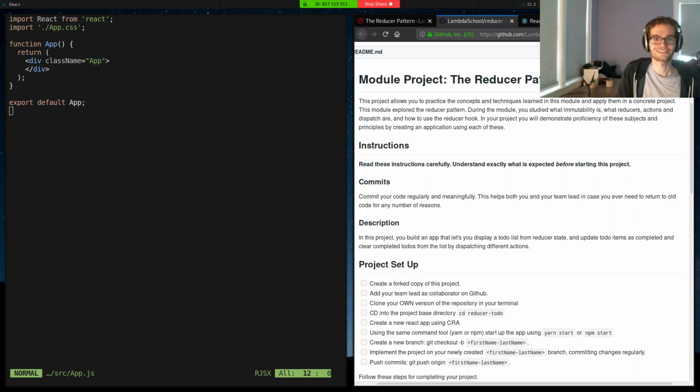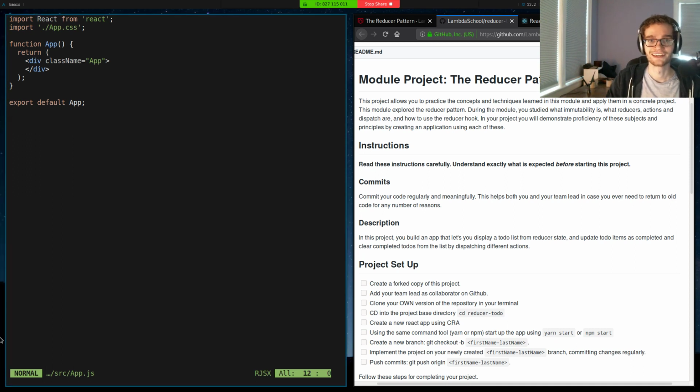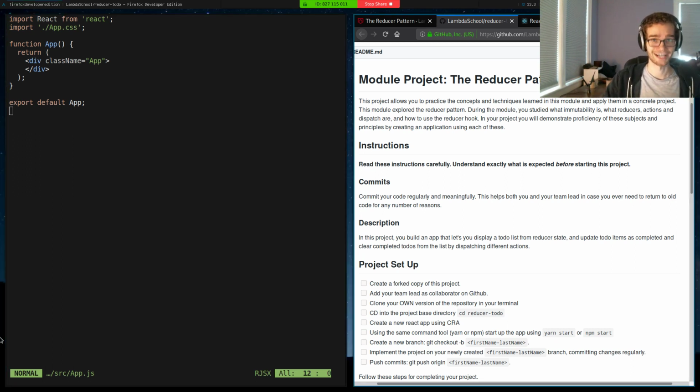Hey everyone, it is time for another recitation, this time on our useReducer to-do app. So this is not the first time we have written a to-do app, nor will it be the last. This is a pretty good default project when working within different front-end frameworks, for having an application that has all of the basic things that we need when building a larger application, which is state management, nested state management, users typing into a form, submitting things, clicking on other stuff. It's a great base level for the types of things you'll be needing to handle in any web